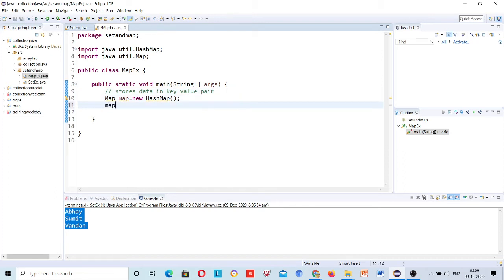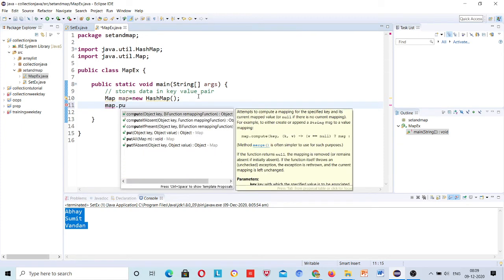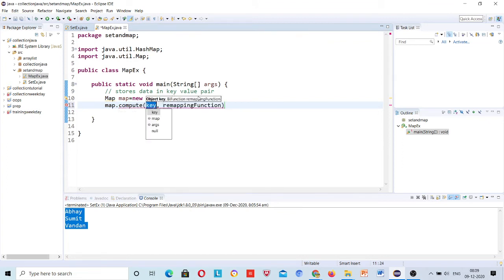If I want to add any value in map, understand that map stores in key value pair. So the map dot put method is there to store values, not compute put method. In list and set we have the add method for adding values.